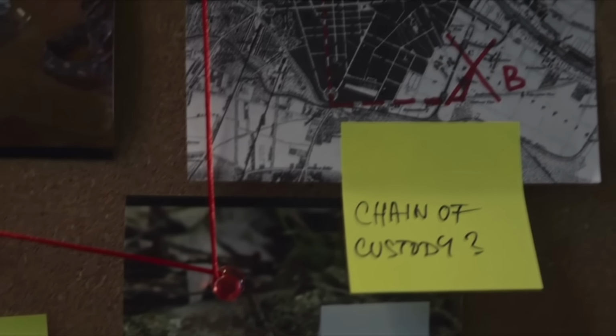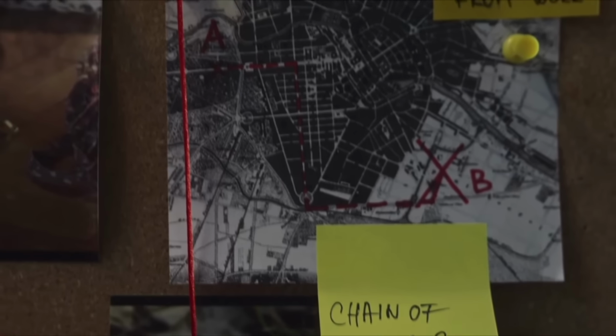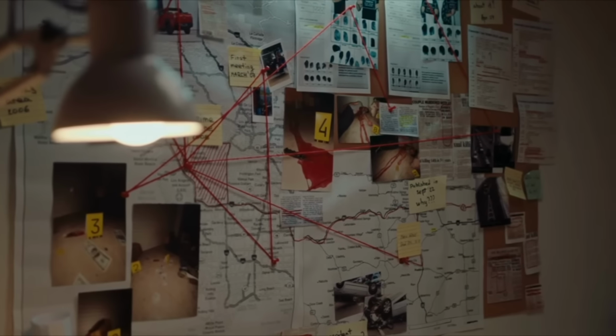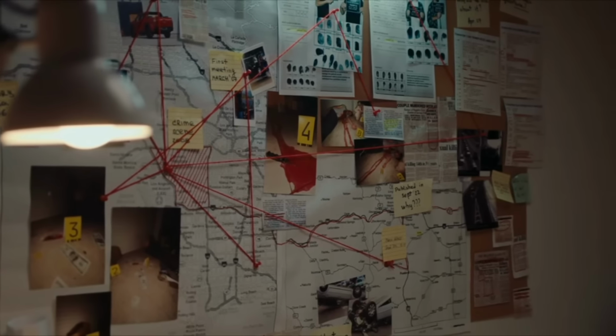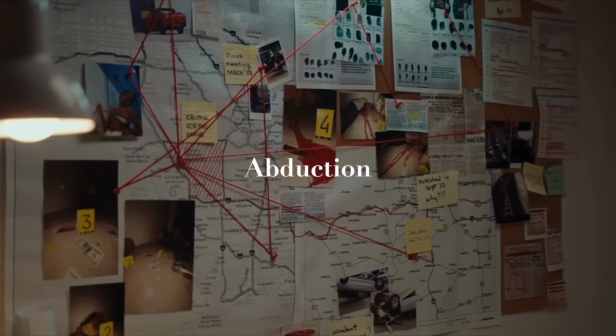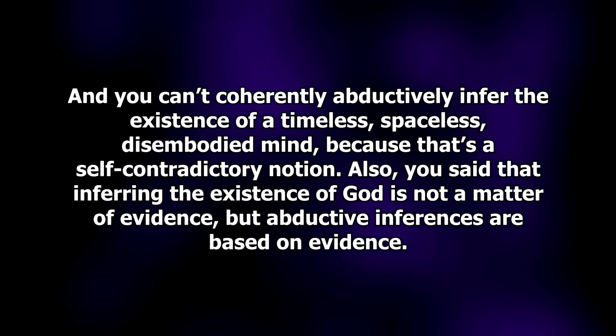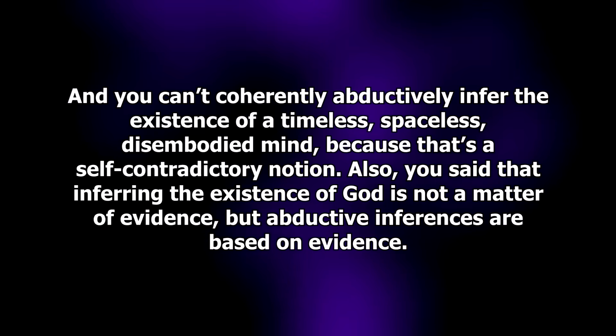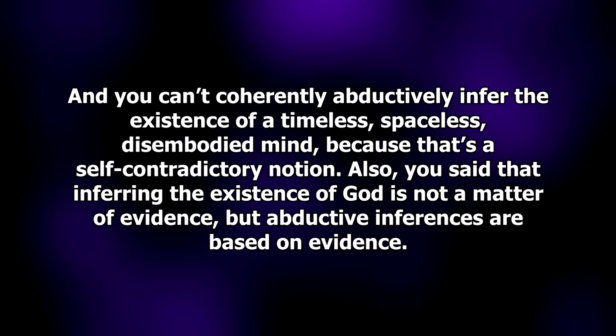Imagine walking into a room. There's bloody footprints, there's a body lying on the floor, there's a knife in the back. You didn't see the murder, you have zero direct observation of it, so how do you know who did it? You have to put all the clues together and make an inference that best explains all the evidence. That's abduction. And you can't coherently, abductively infer the existence of a timeless, spaceless, disembodied mind, because that's a self-contradictory